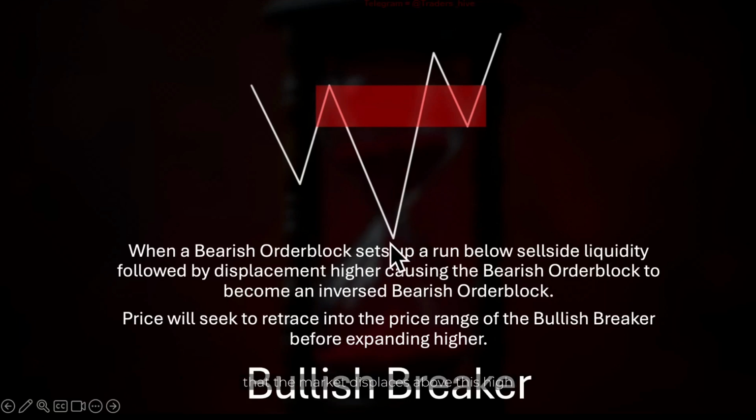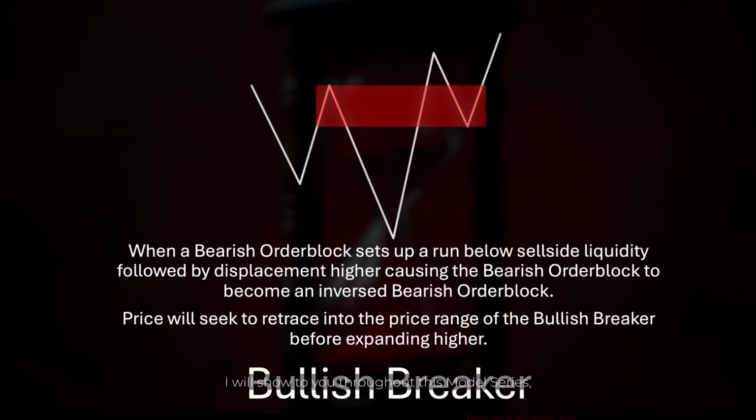The moment that the market displaces above this high, we anticipate that the final up-close candle which set up this final run lower has to function as support on price, because this up-close candle is your bullish breaker. What will happen is that price will seek to retrace into the price range of the bullish breaker before expanding higher. And this is the entry opportunity